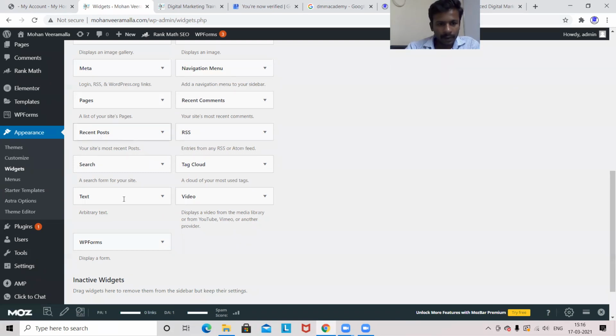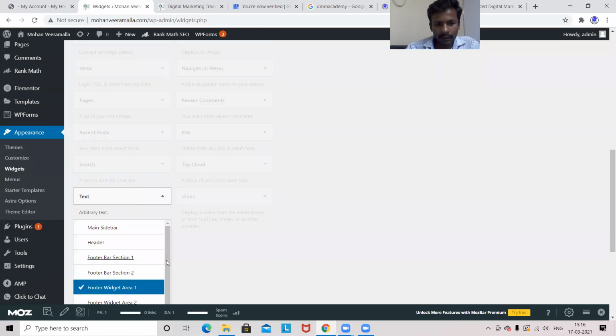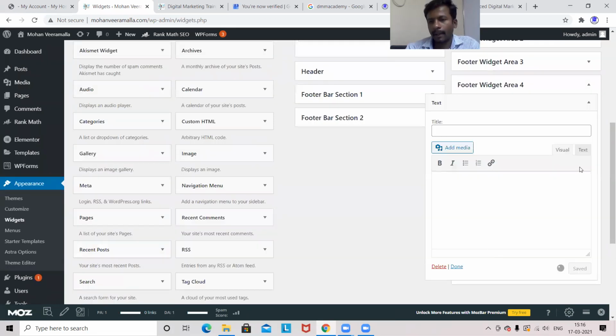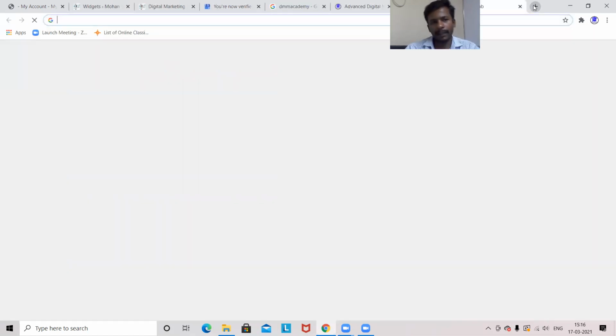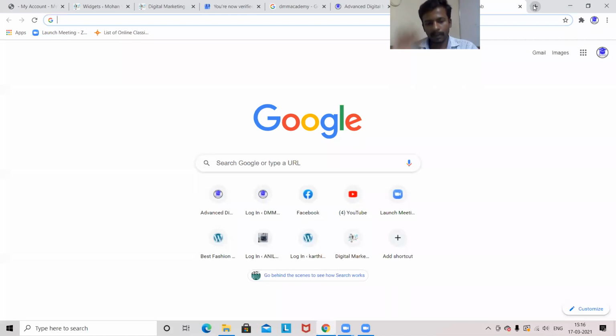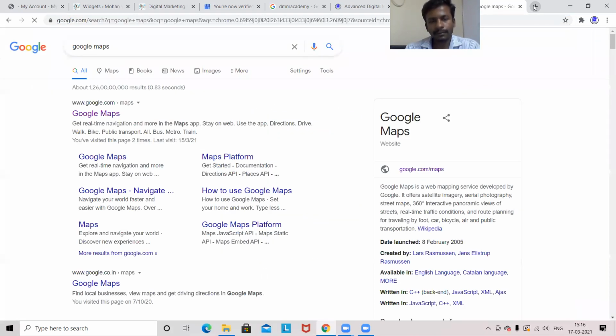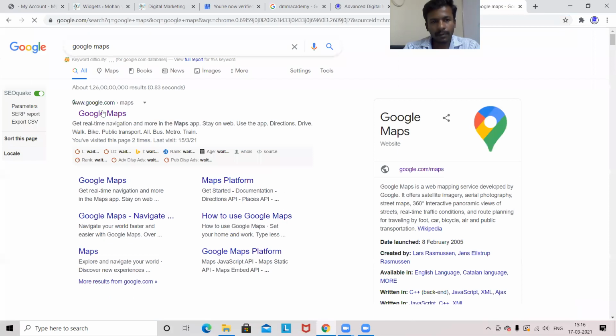Okay, so here I am selecting a text widget for footer 4. I'm selecting add widgets. And here I want to show the Google Maps location of my address, or it may be my listing on Google Maps. So for that, I have to go to Google Maps here.